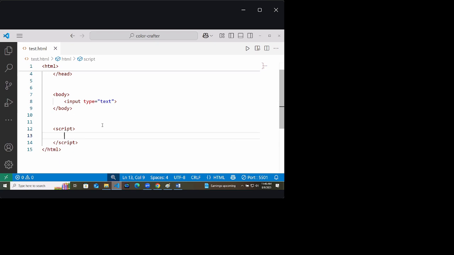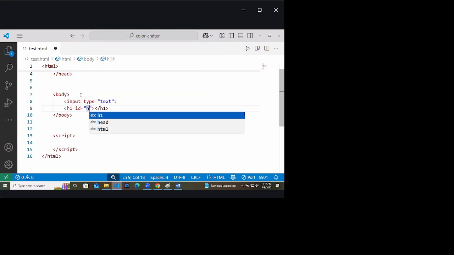Now in my body, I will create one h1 tag, empty. It does not have anything. It has an ID as head.